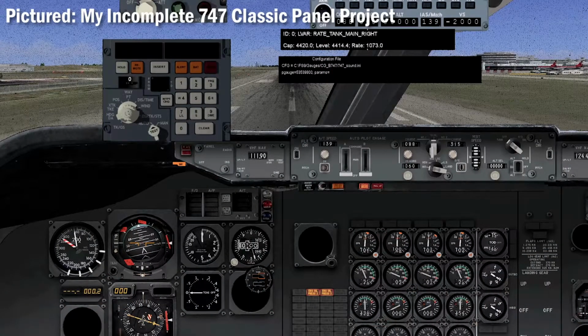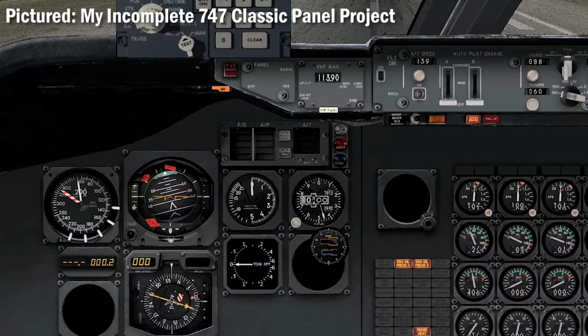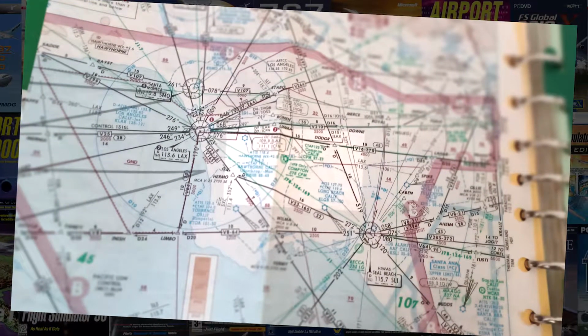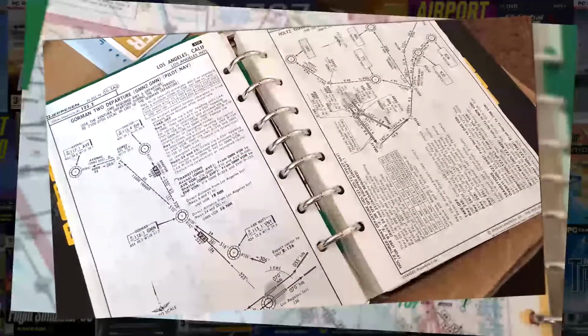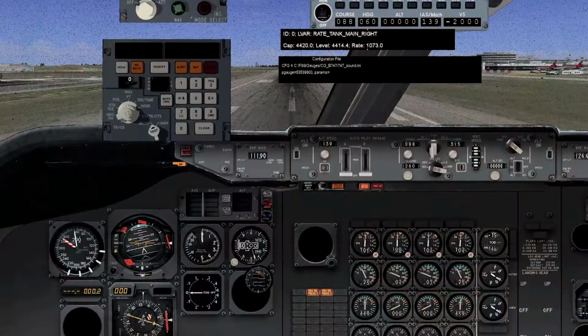On the real 747, this panel is most commonly a navigation radio, nav1 on the left side and nav2 on the right side. The reasoning for this placement is extremely logical. The 747 did a lot of flying using the nav radios for, what else, navigation. Departures, arrivals, and sometimes en route flying was quite commonly and sometimes exclusively done by VORs and airways, which required frequently changing the nav1 or nav2 radio as necessary, hence the placement right up front directly in front of the